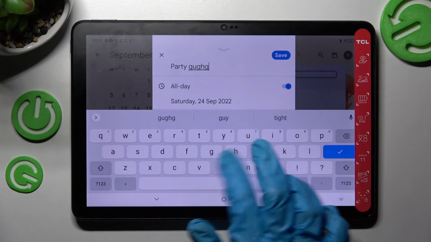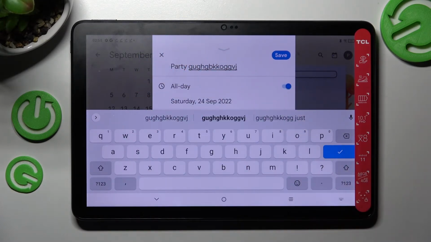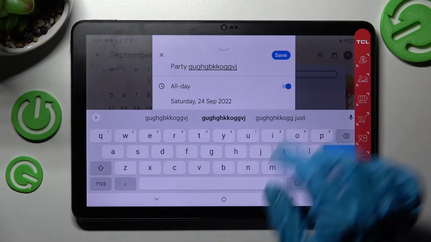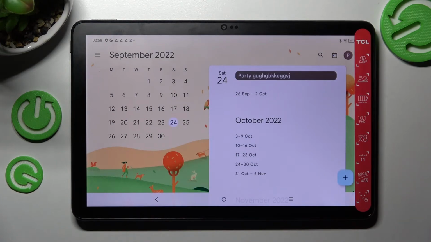Now you can make your changes and discard them by choosing this X icon at the top left corner, or save them by choosing save at the top right one. As you can see, my event was edited, but if you wish to get rid of it, you can always